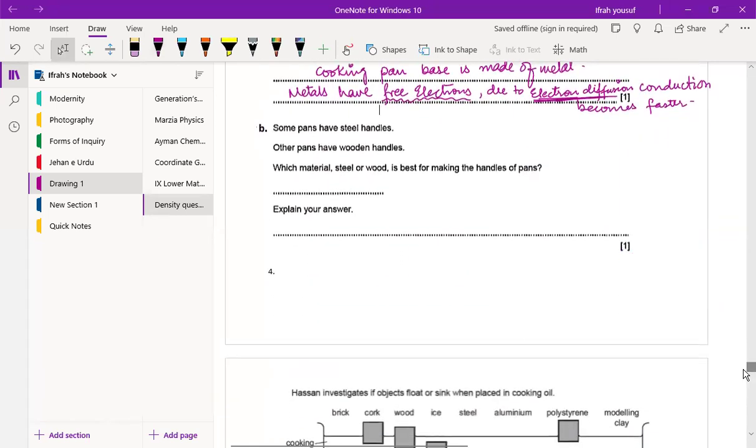Some pans have steel handles. Other pans have wooden handles. So what do you think, which handles are best for the pans? That's the wooden. Why? So our hands, so it does not cause any injury to our hands. Excellent. Right. So wooden handles or wood